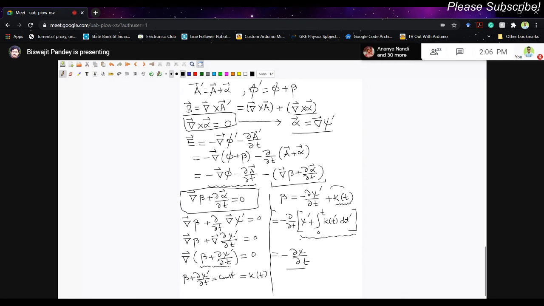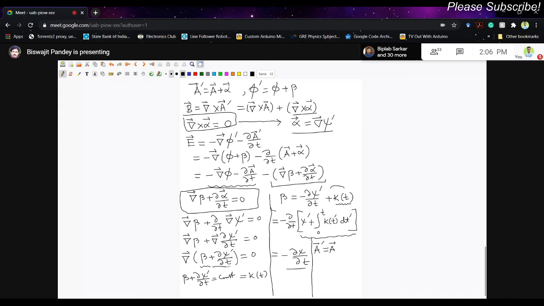So by using gauge freedom, we have arrived at a conclusion that we can actually add a vector quantity to the vector potential and a scalar quantity to the scalar potential without altering the electric field and magnetic field in such a way, and that is by, so let me write down that A prime is A.